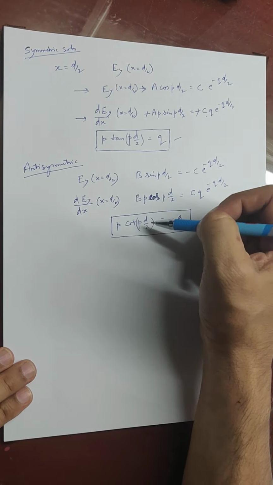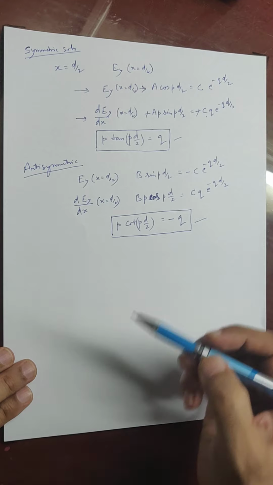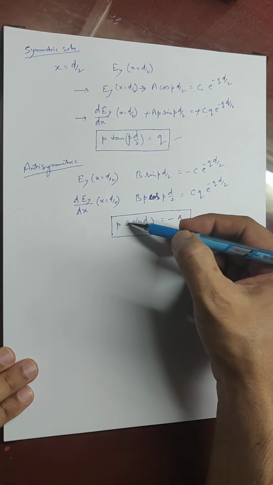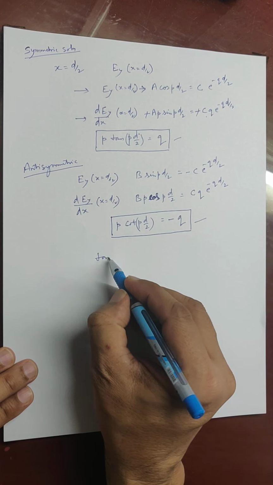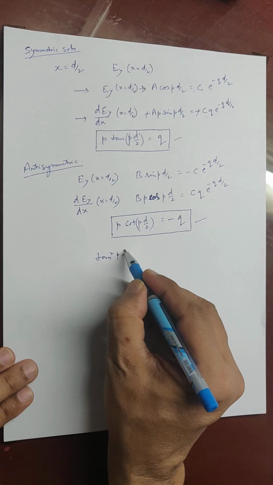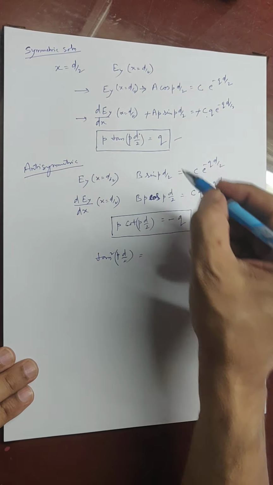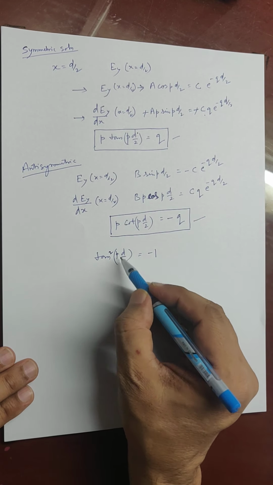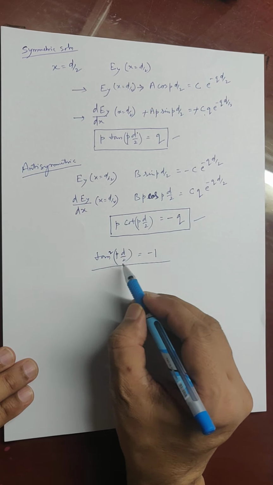If I divide the two, tan divided by cot, then you can see that p would cancel, tan by cot would become tan square. So tan square p d by 2 would be equal to, q would also cancel, and we'll have minus 1. So tan square p d by 2 is equal to minus 1, which means that tan p d by 2